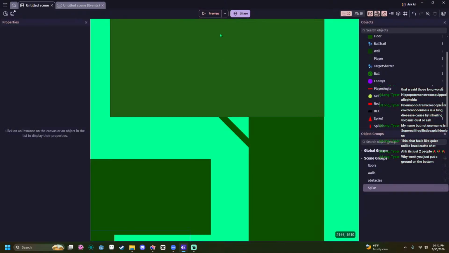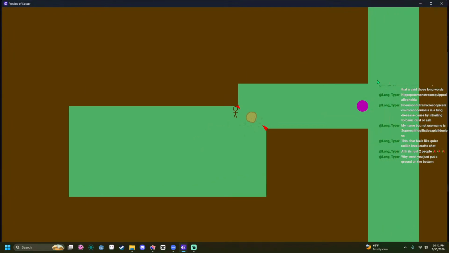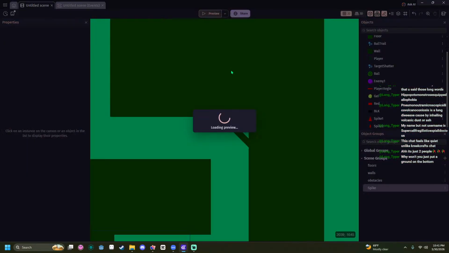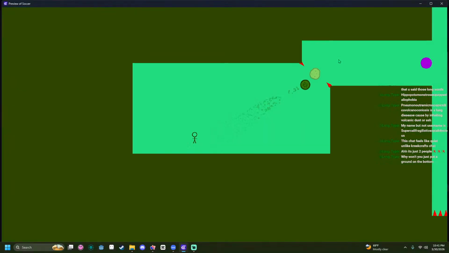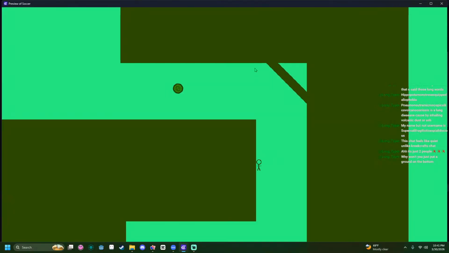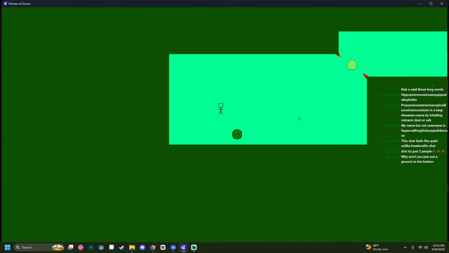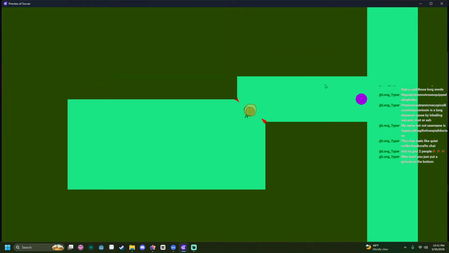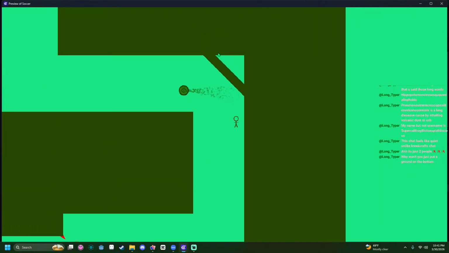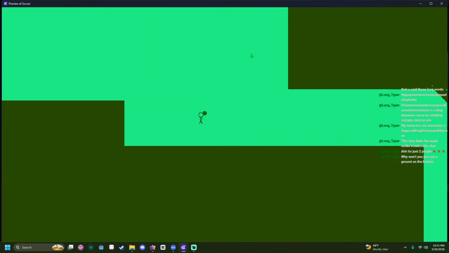Should we make the dash go towards the mouse instead of the ball? That's what I'm starting to wonder. Yeah, I think we might. Should probably do that. No, because I want ball control to be a very important part of it.